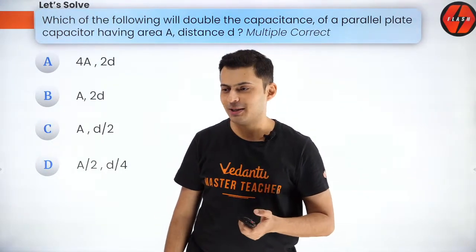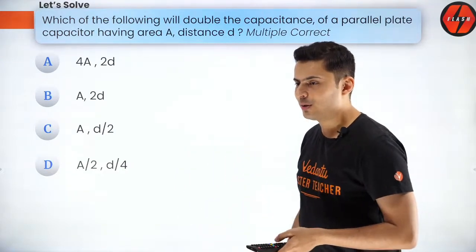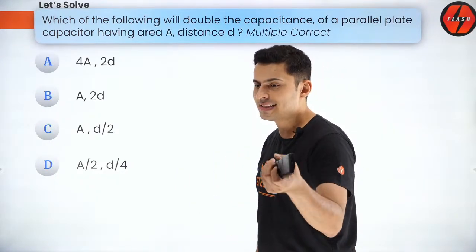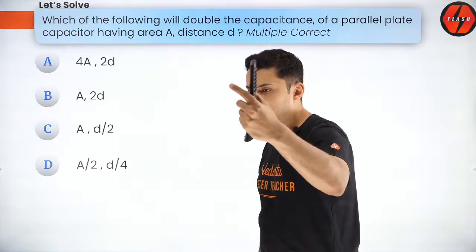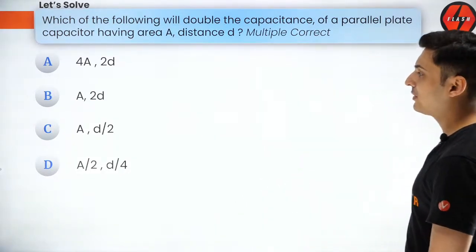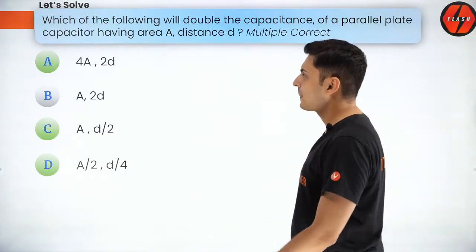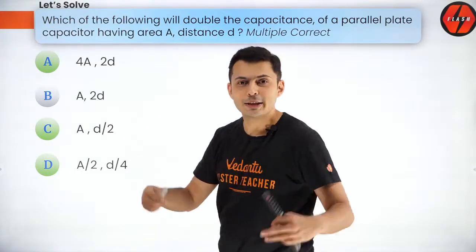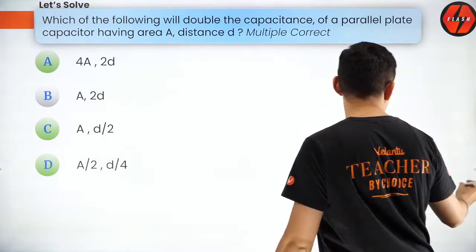All right, a lot of you are saying AD, some of you are saying ACD. Sneha said AB, I think. Saurabh is saying ACD, and Shreya is also saying ACD. So the correct answer is ACD. Yes, A, C and D. Now you think how? Because I just told you